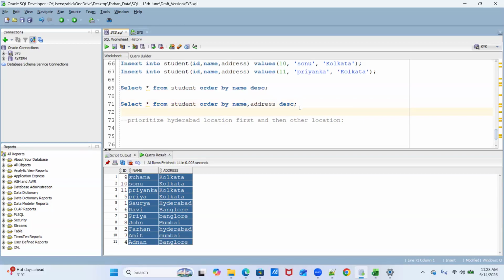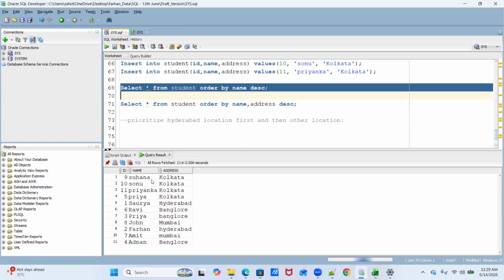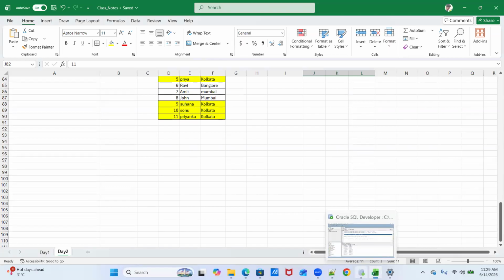Let's try to do that. Okay, this was our result when we executed order by name descending, right? So that's what we get. Now see the difference. Okay, this is what we got. Let's keep it in Excel just to see the difference.